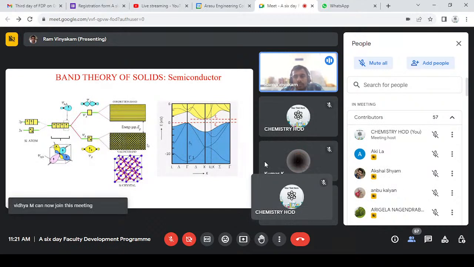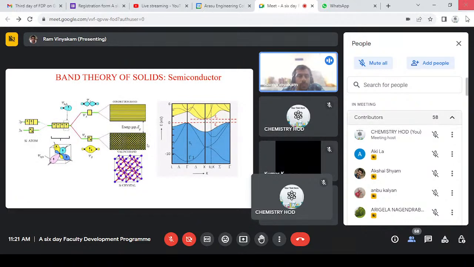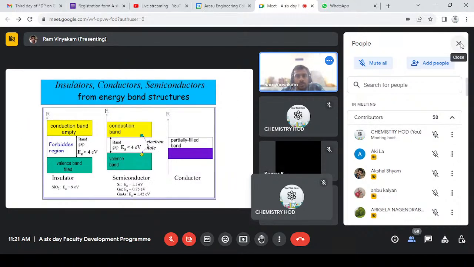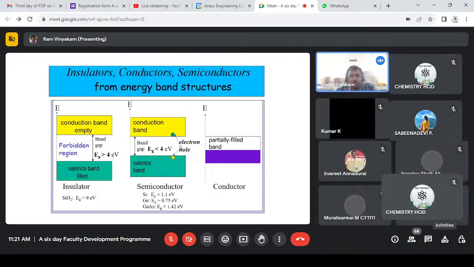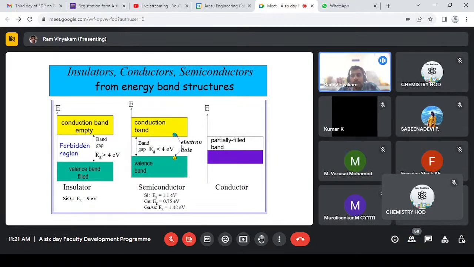And at room temperature, the band gap is 1.1 eV. I don't know, at 0 Kelvin, theoretically it is 1.18 eV. So, as we see in the case of conductivity, we can classify